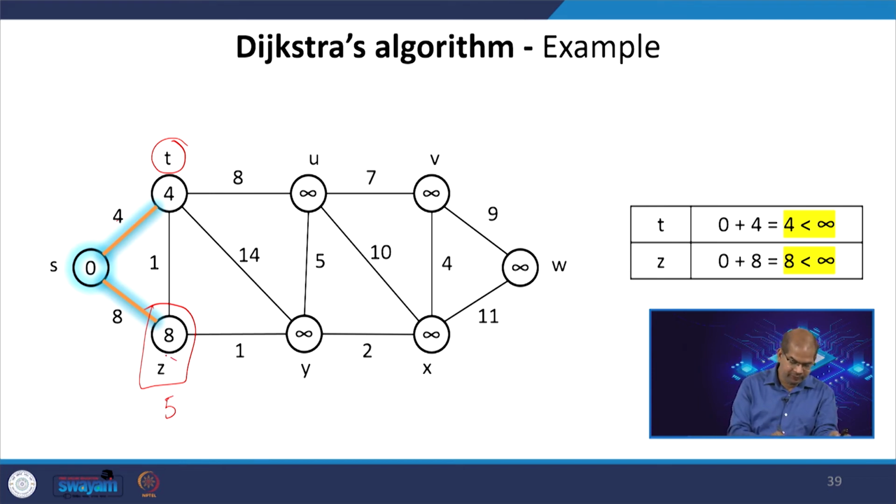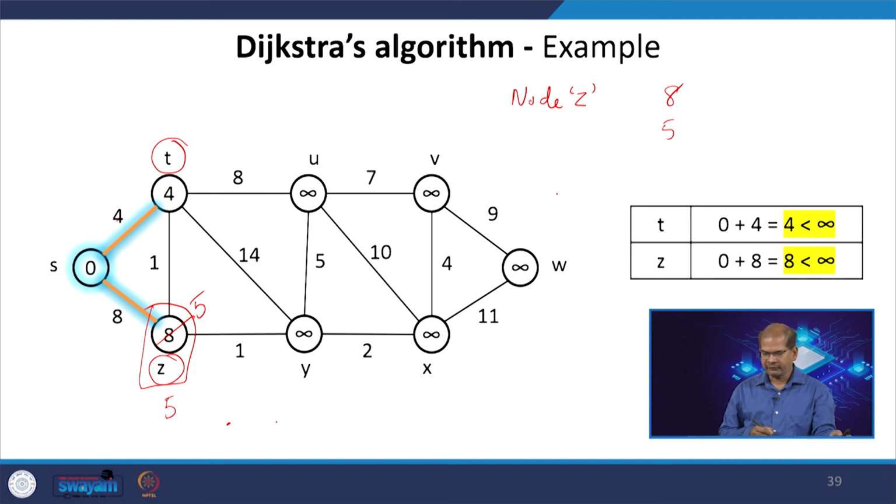So, the Z node, Z has basically earlier it is 8. Now, the node Z is 5. Which is smallest? The smallest is 5. So, now I will remove 8 and put 5, add 5 here, because that is the